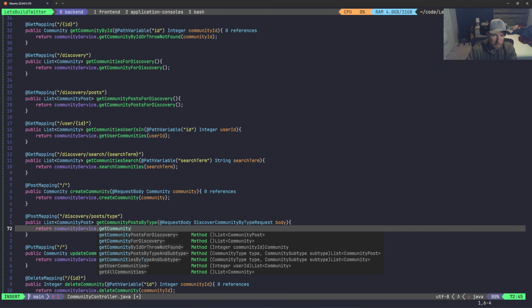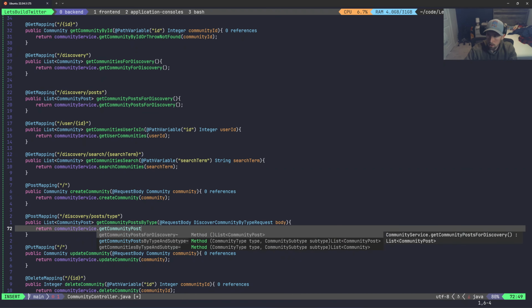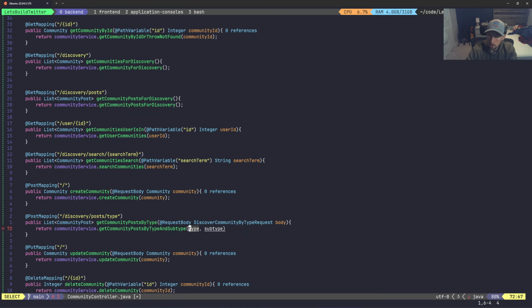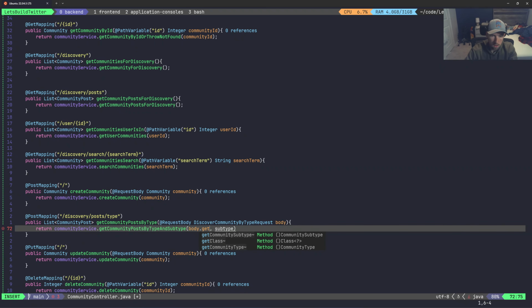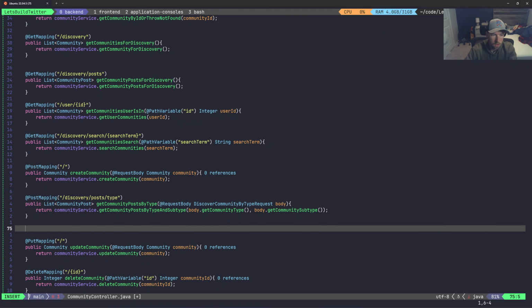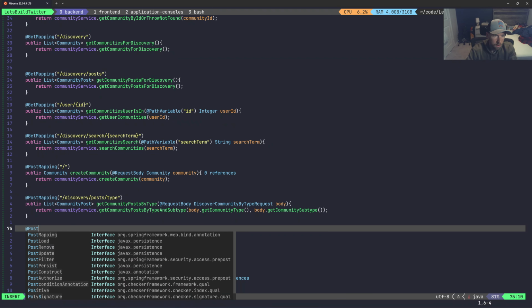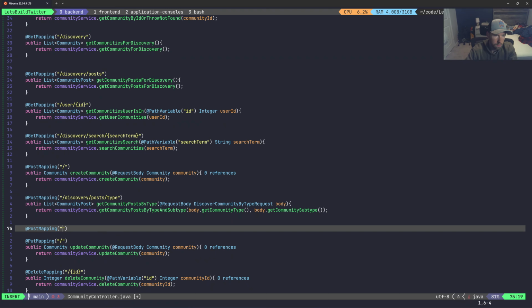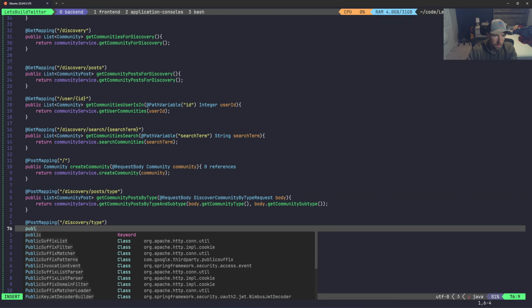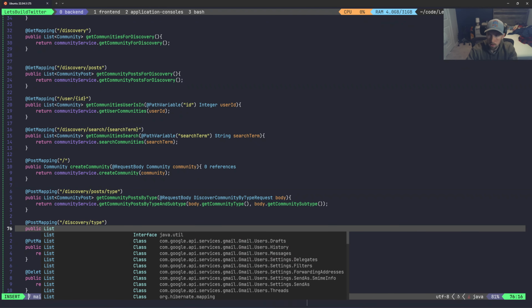Can't type community post for discovery, I believe, or by type and subtype. So type is going to be body.get community type, and this one is going to be body.get community subtype, and then we need another post mapping for just type. At post mapping, it's going to be slash discovery slash type, like so, public list, and this one is going to be community